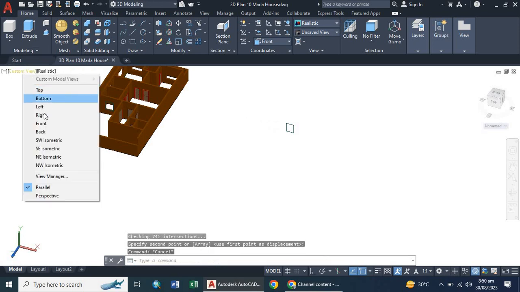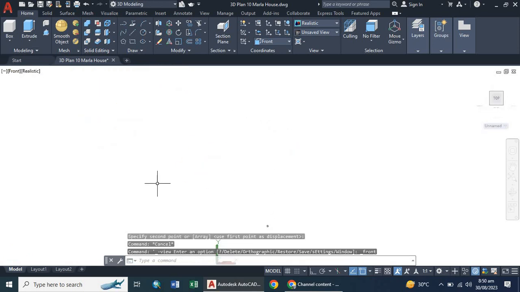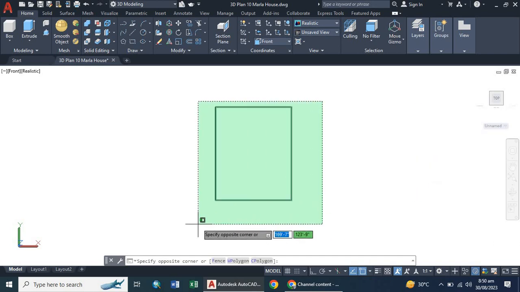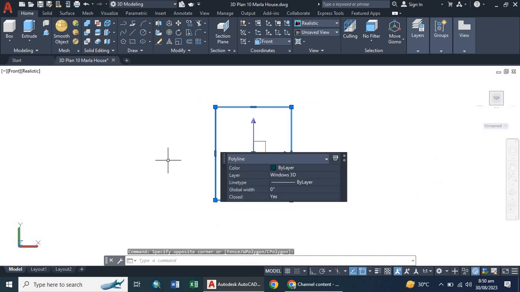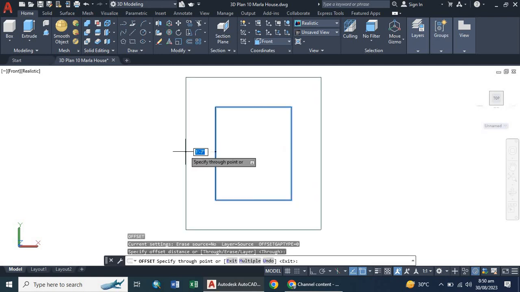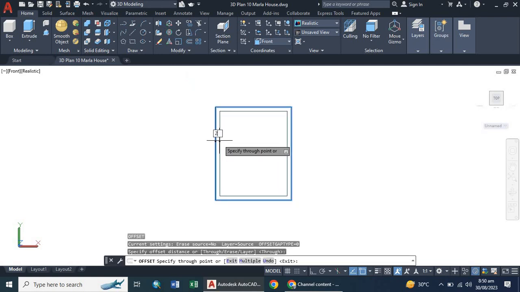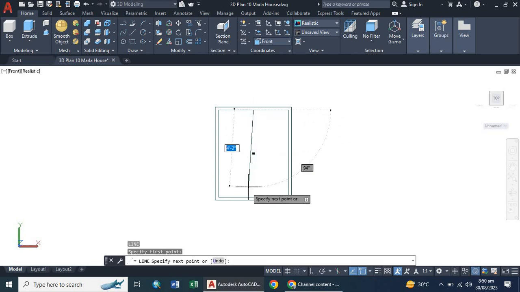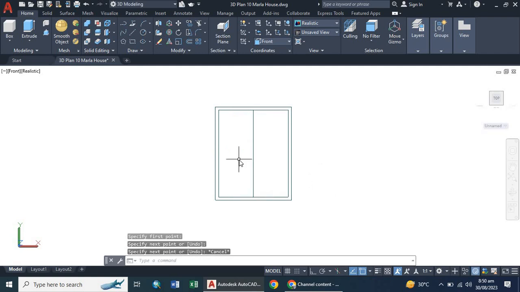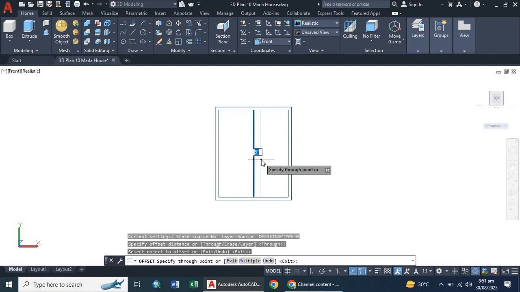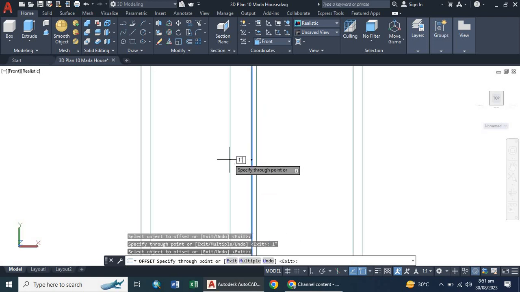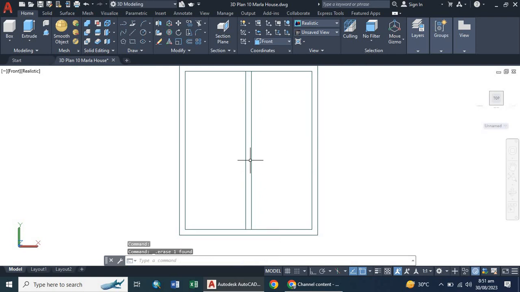Now again I'm going back to my front view, and I am going to design this rectangle as you can see here. First of all we have to design our frame, then we will go further. I select this rectangle and use offset. For example, I am going to make it a 2 inches frame, and now I have to draw a center line because I want to divide this window into 2 panels. I want to offset it from here to here 1 inch, and from the center line to this side 1 inch. Now I am going to delete this center line,